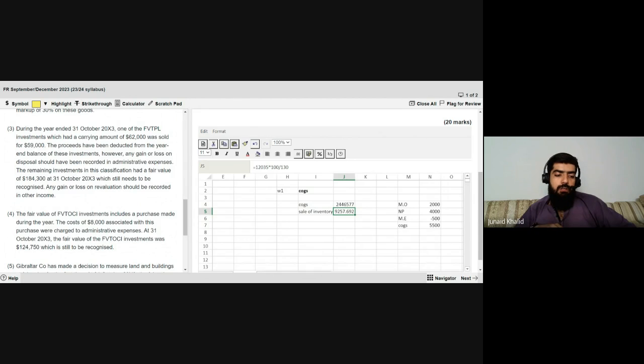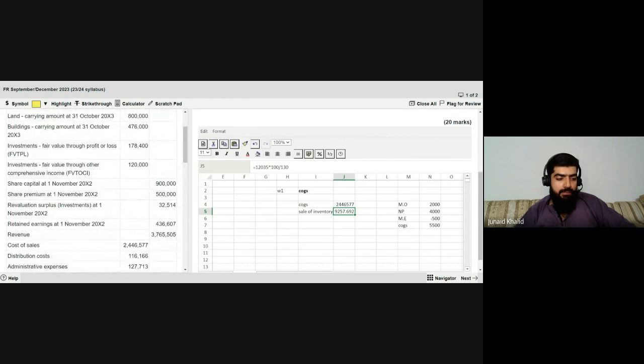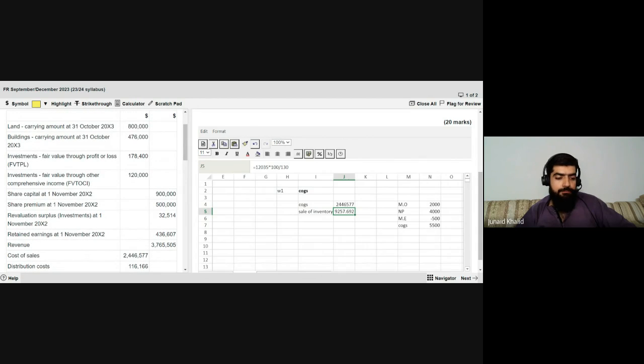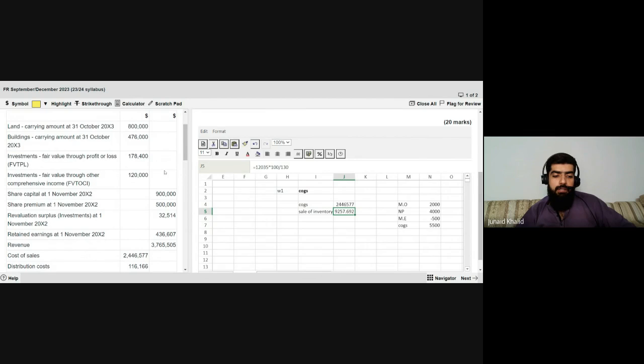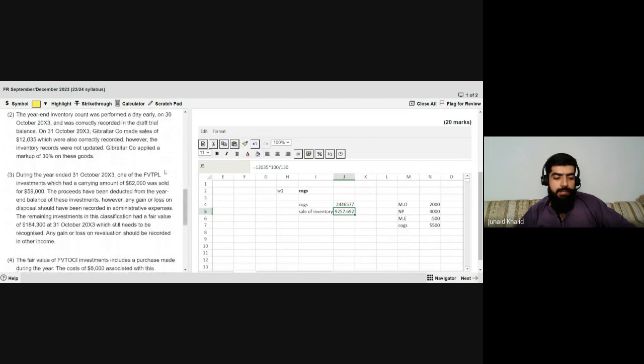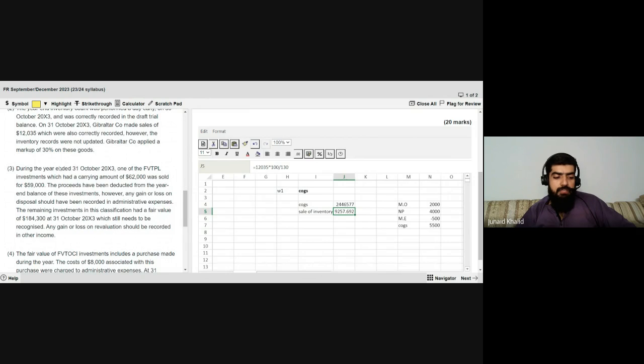During the year ended 31st October 2003, one of the fair value through PNL investments. Let me check it out. Yes, here it is. Can you see that one? That is 178,400. It's talking about that particular investment, the fair value through PNL investment, which had a carrying amount of 62,000. It means in that particular